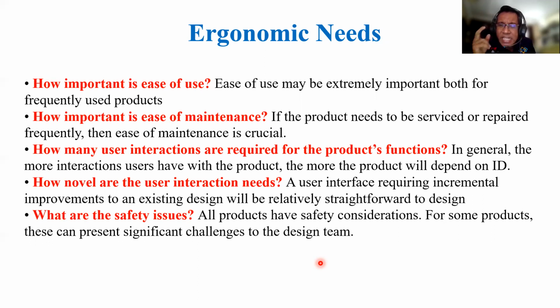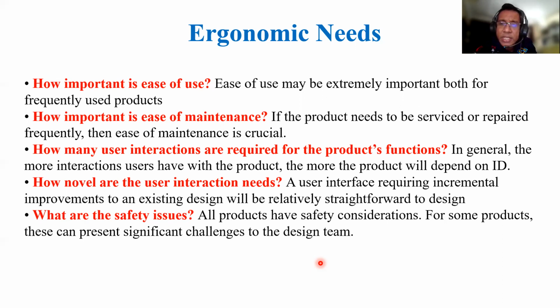Ease of use is more challenging if the product has multiple features. If it has multiple features, we need to think more about ease of use. And modes of operation, for example, may confuse and frustrate the user. We need to tackle that in terms of how easy the interface is for the user. When ease of use is an important criterion, industrial design will need to ensure that the features of the product effectively communicate their function.